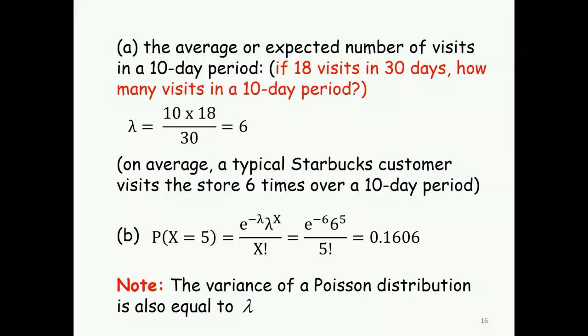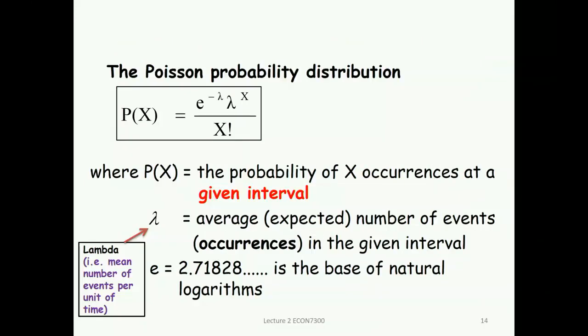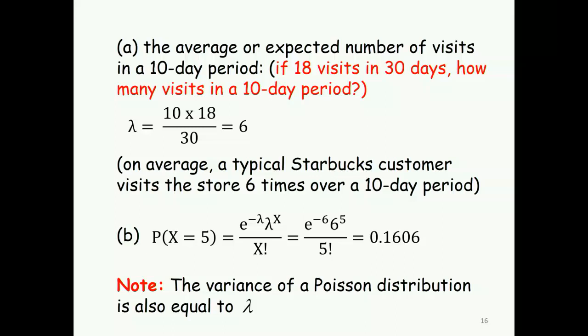So we calculate. The variance of a Poisson distribution is equal to the mean. So the mean and variance would be the same in the case of Poisson. Please remember this, because it could be asked in true-false questions in your mid-semester or final exam. Simple things like this, please take.